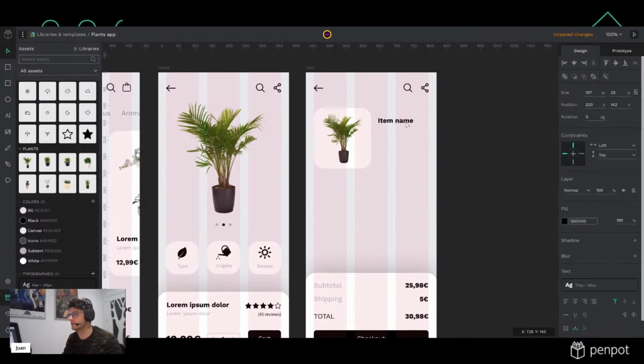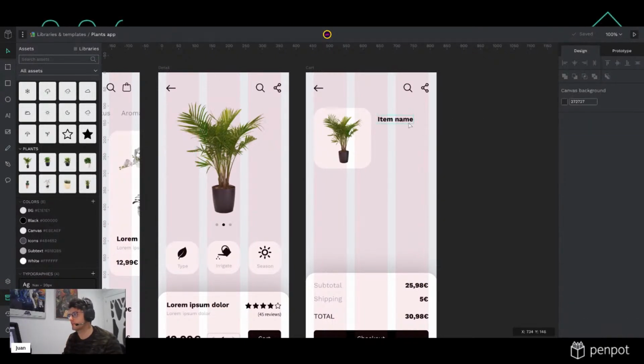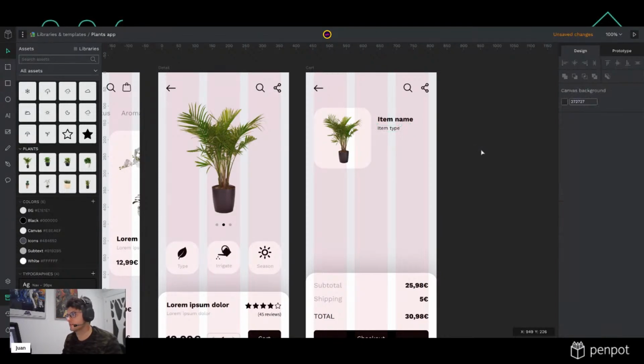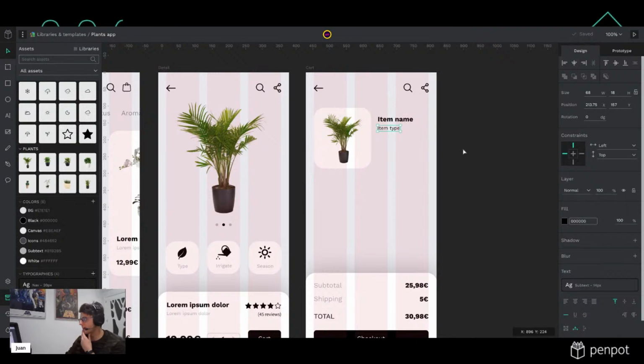The title for the style works fine. Duplicate text. Create an item type. I don't know if it's a cactus or whatever. We'll use the subtext style, and